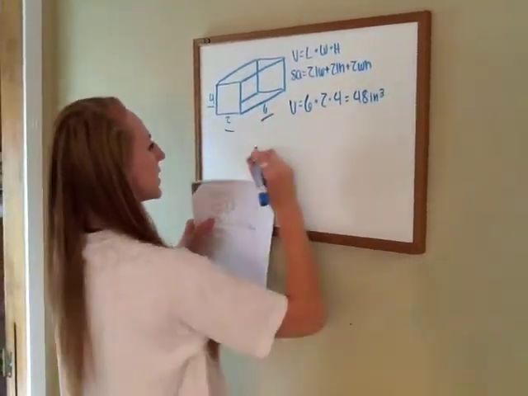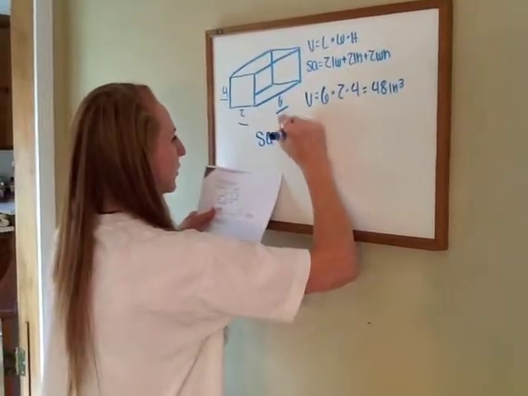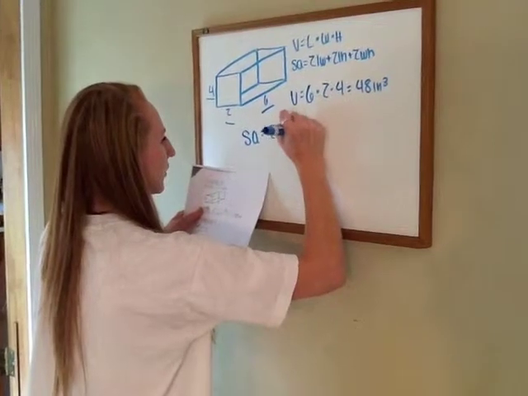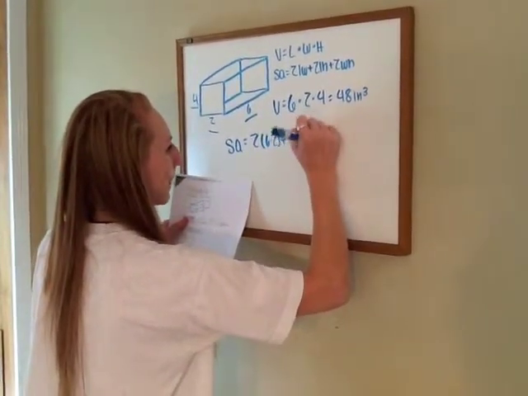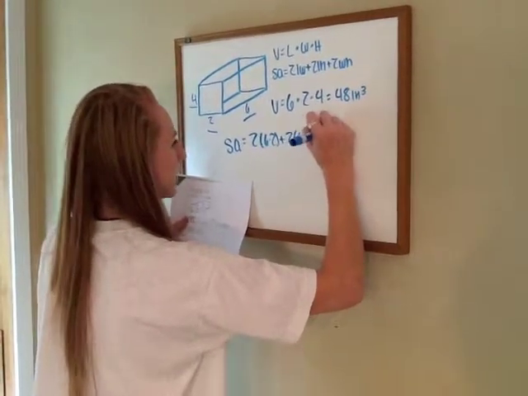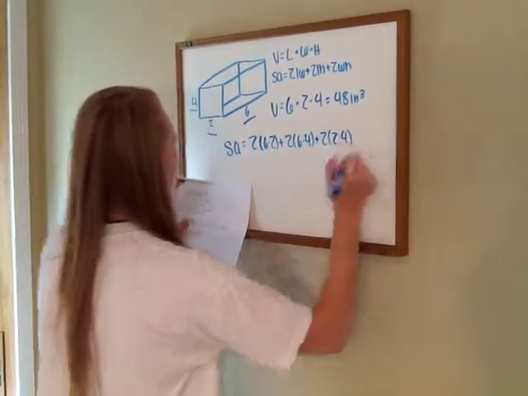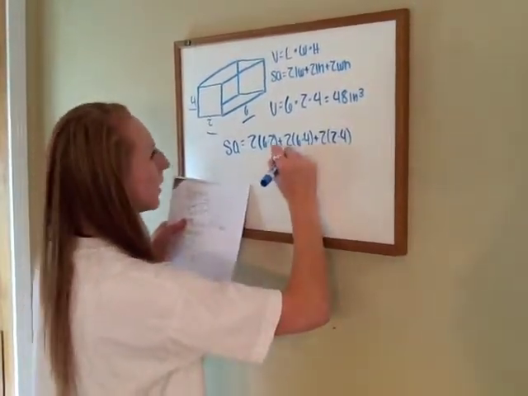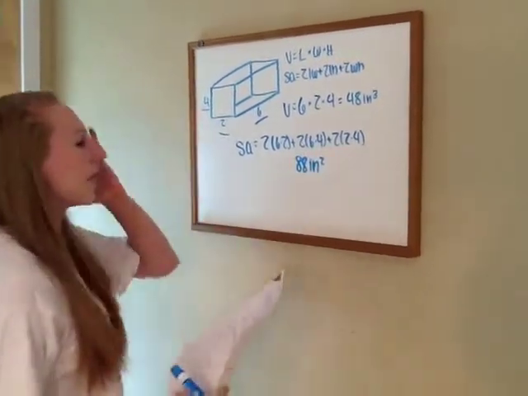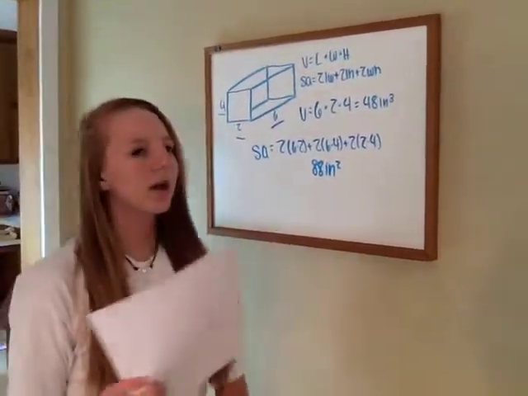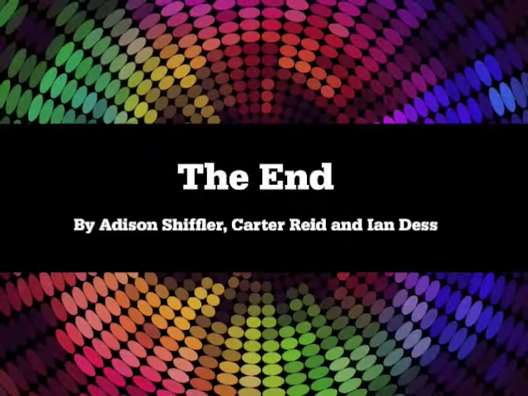Surface area is a lot longer. It's going to be 2 times 6 times 2 plus 2 times 6 times 4 plus 2 times 2 times 4. And the answer for that one is 88 inches squared. So that's how you find volume and surface area of a rectangular prism. It's pretty self-explanatory. You just plug in the numbers and then